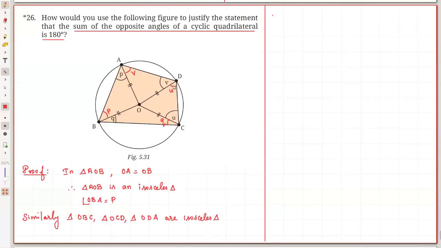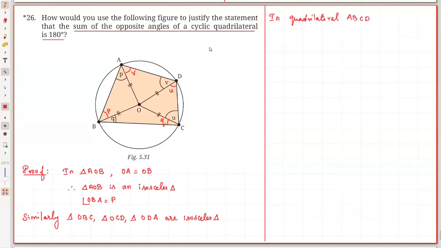If it's an isosceles triangle, base angles are equal. This is Q, this is U, this is V. Therefore, in quadrilateral ABCD,